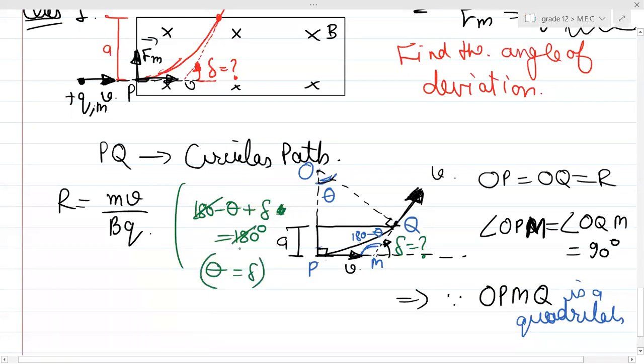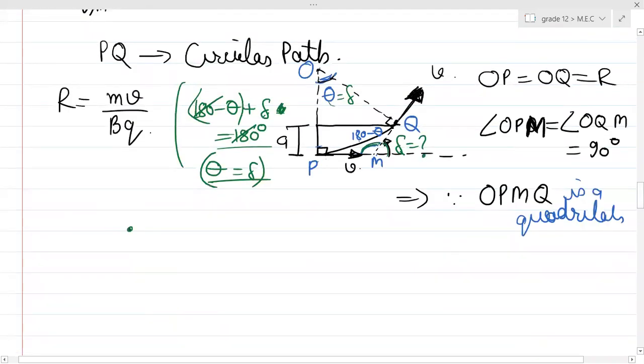Once more, can you see 180 minus theta, and this delta is becoming what? The sum of the two angles is basically 180 degrees because it's the same line, right? So 180 minus theta plus this delta is basically 180. So from here, theta and delta are equal. Now if this theta is delta, then basically I need to find out this theta, which I can find very easily.